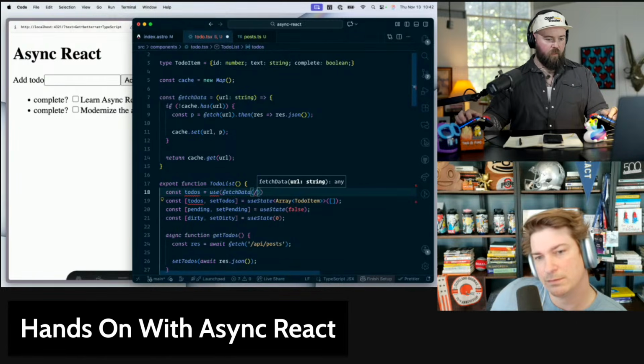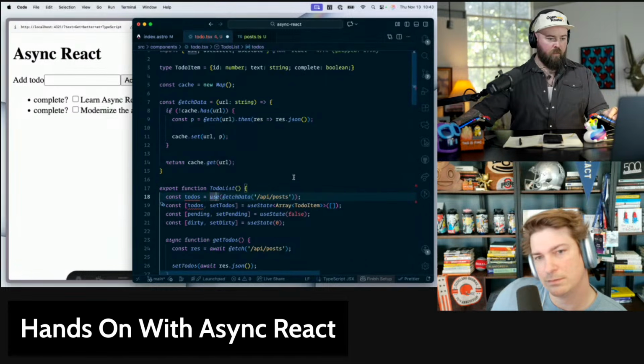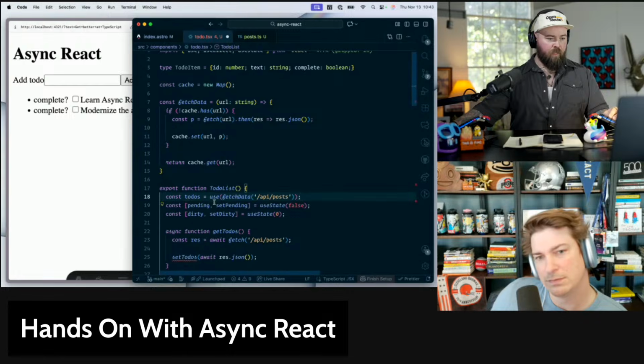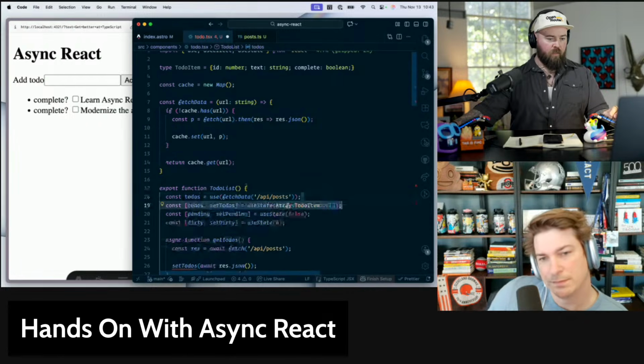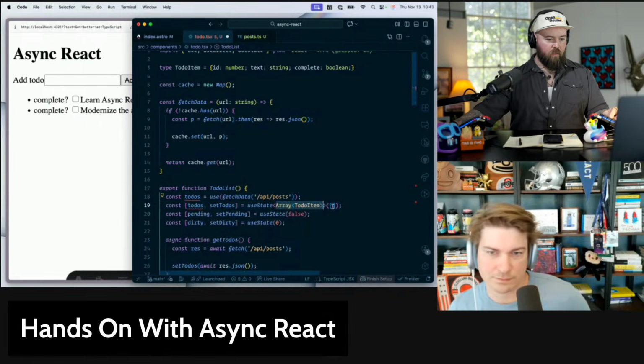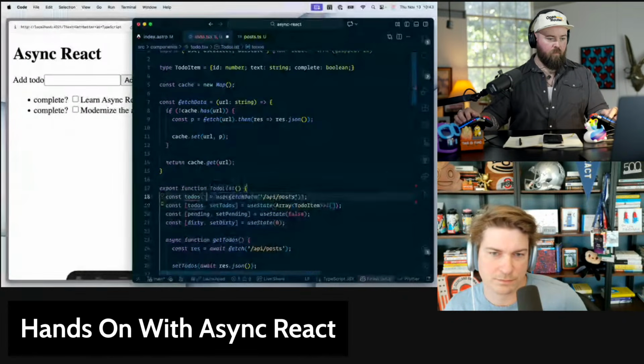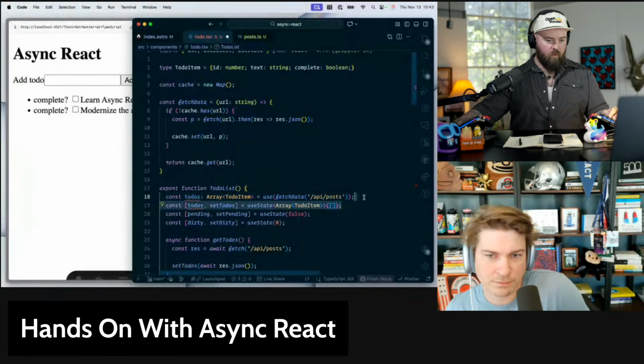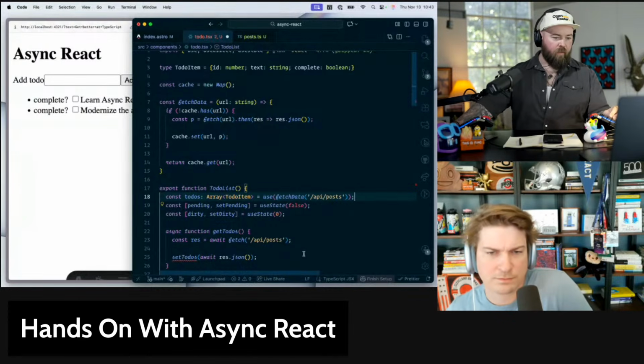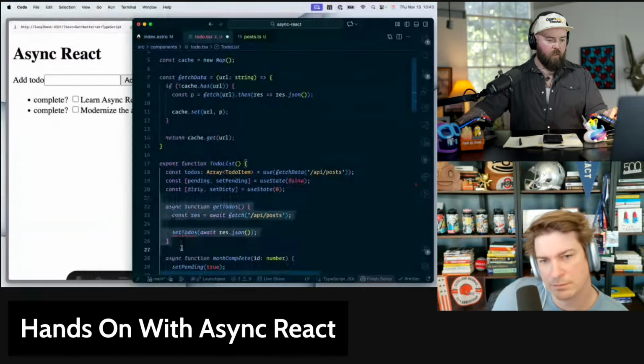And our URL is going to be API posts. And we want to grab it, drop that out. And actually, I'm going to take this so that we don't break everything else. So now we don't need the getTodos anymore.